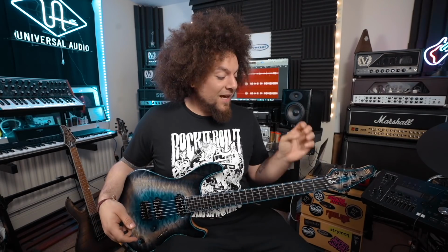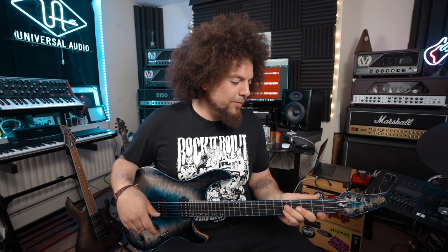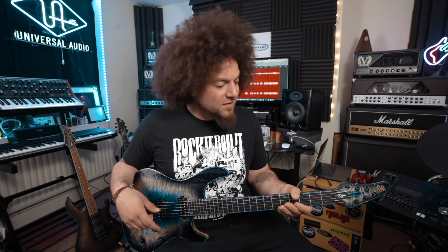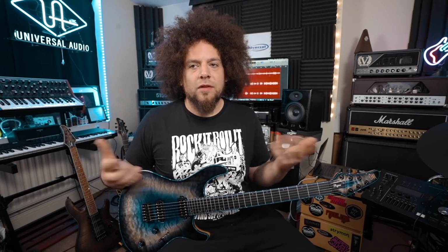I must admit this guitar has a lot of snap to it, which for me when I split down the middle position, did the funky stuff, it was really fun to play. The neck feels good. It's reasonably wide, I'd say. It feels like a modern guitar in a sense, like I play a lot of Strat and Tellys and stuff, and the Les Paul as well, and they feel kind of like that vintage feel,